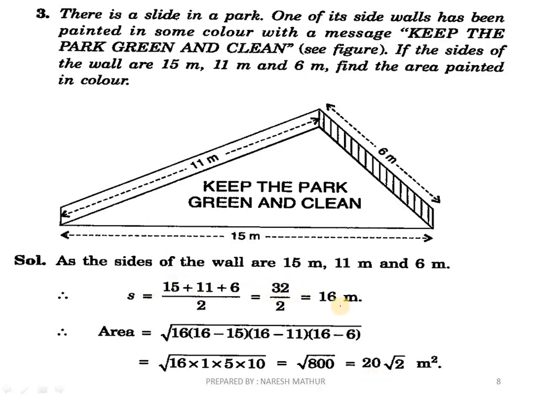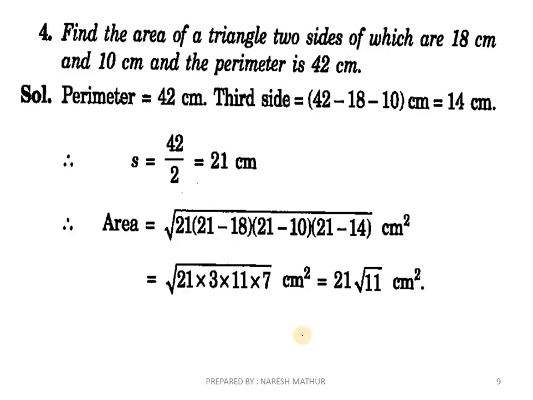Sum of all sides by 2, that is 16 meter. Apply the value of S in the formula. So we'll get the answer: 20 root 2 meter square is the total area which is painted in color. Alright, not an issue. Next, find the area of a triangle, two sides of which are 18 meter and 10